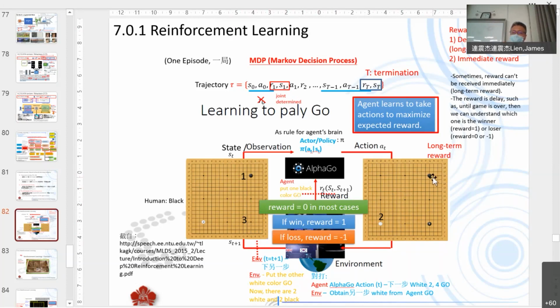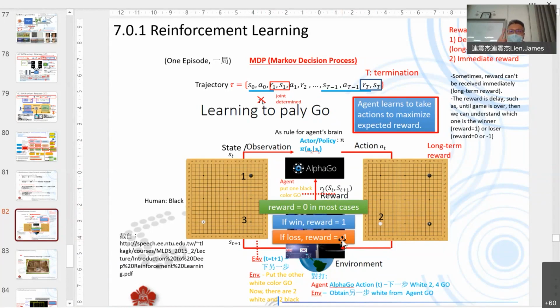If I win, I label each step as 1. 1 means I win. If I fail, I label it 0 or -1. 0 means I lost this game, so every step is labeled 0. That is the reward.